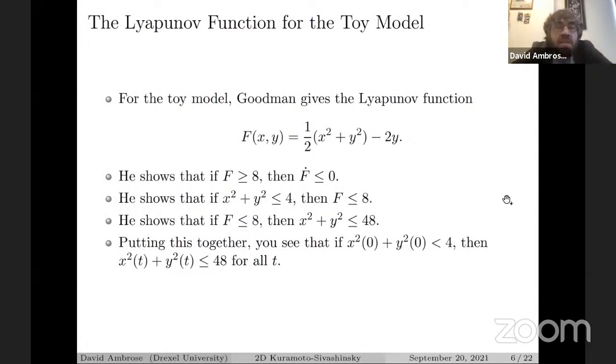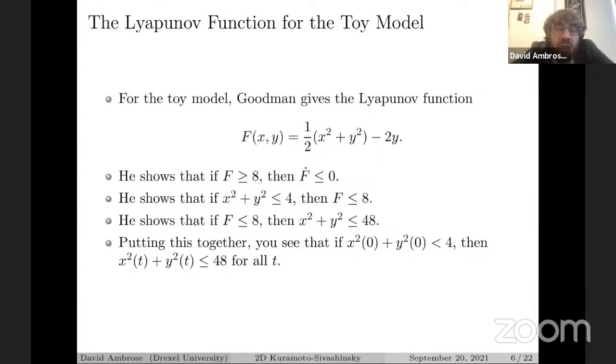Okay, and so I'll just go through the Lyapunov function for the toy model. It's f of x, y equals 1/2 (x squared plus y squared) minus 2y. He shows that if f is at least 8, then f dot is negative. So that means that if your initial data starts with f less than 8, then you're not going to go beyond 8. He shows that if x squared plus y squared is less than or equal to 4, then f is less than 8. So that says that if x